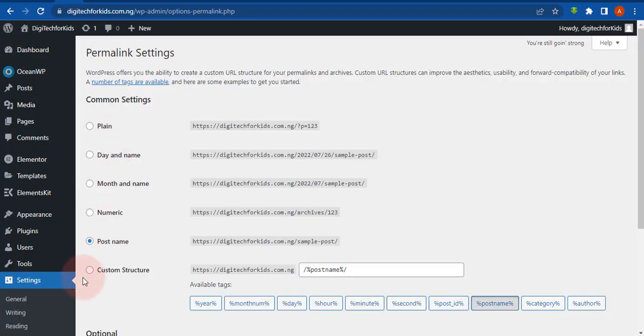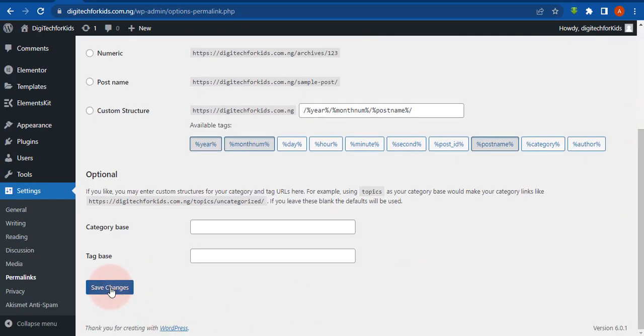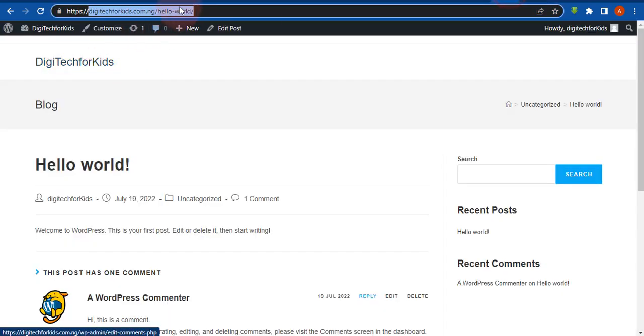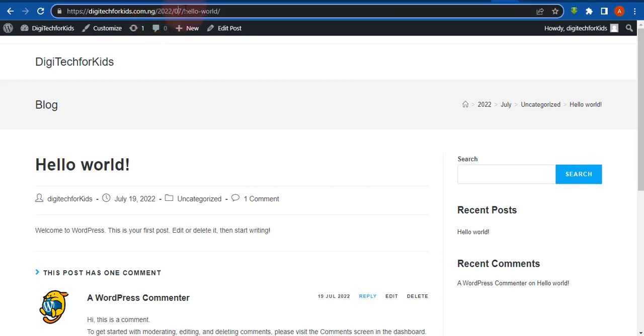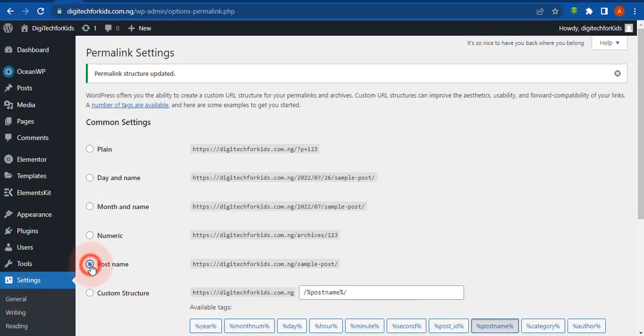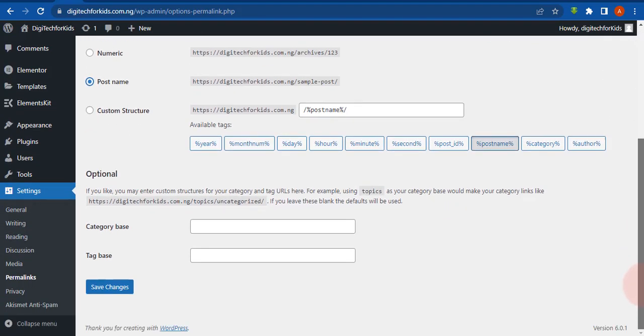But for my permalink, if I choose month and name, for example, don't select it, I'm just showing you an example. So let me refresh this. Now look at this link here. Can you see it's a bit longer? It has added day and month to it, but I don't want this, so I'll just leave it as post name. Just leave it as post name and click